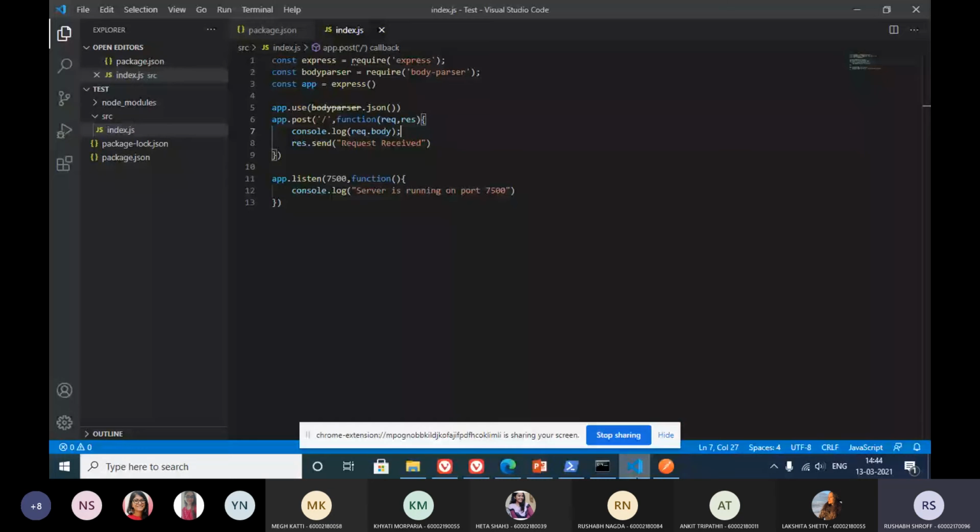So now next is the put method. Even the put method has a body. The difference between a put method and a post method is that the put method is usually used to replace the entire content of the particular object. Let's say I'm having a user database and I want to create a new user. So I'll send a put request because I want to either create a new user or put an entire entry into my database. So that's where a put method is used.